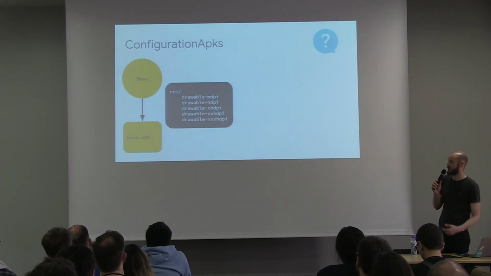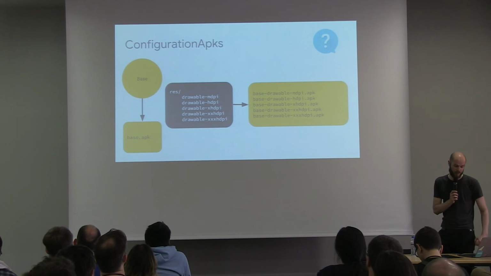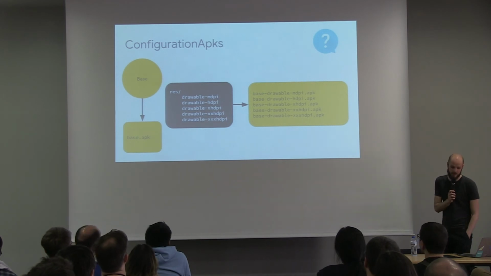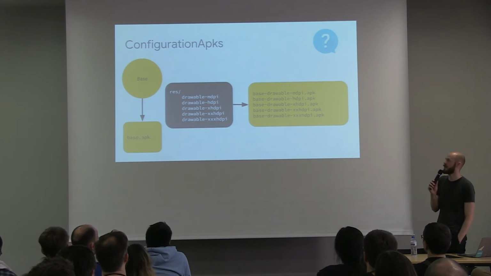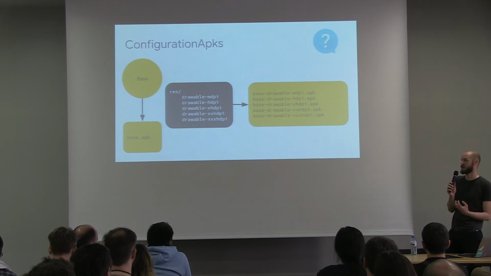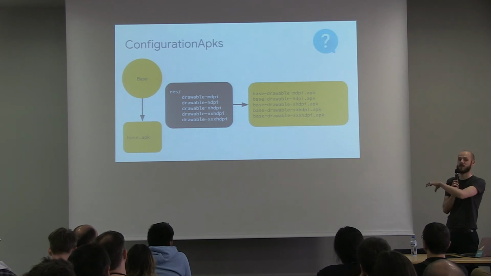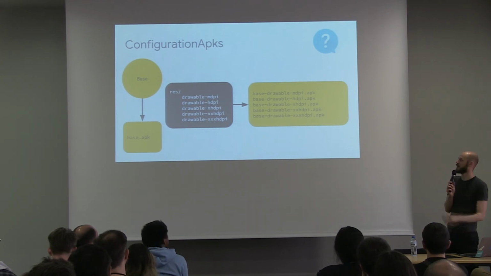This is what you have for your application. You will still get a base APK, and you have all your drawables in there. But with the configuration APKs API, you will also get one APK for each of those drawable configurations. So you will have a base APK, which is way smaller because it doesn't contain all the resources anymore. And you will have multiple APKs that can be installed alongside the base APK for all of